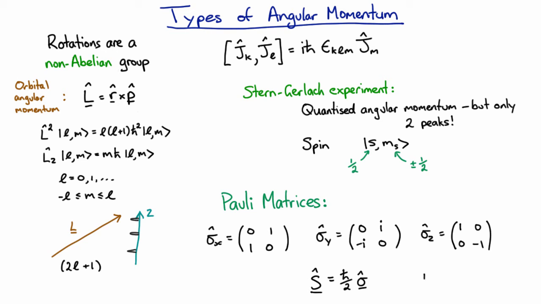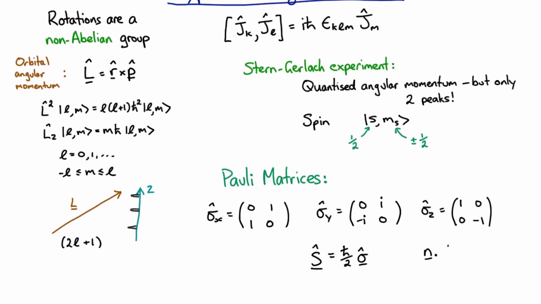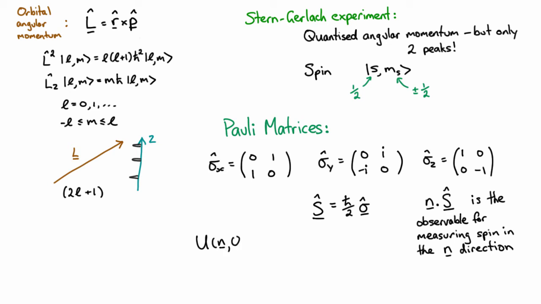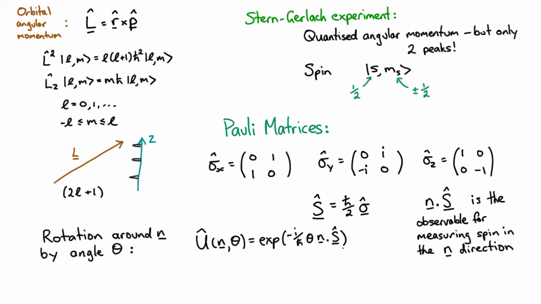If we measure the spin in the direction n, where n is a unit vector, then the observable for that is n dot S. If we were to rotate this system, then the transformation would look like this. If we rotate it around the axis n, an angle theta. In actual fact, this rotation here only works on the Hilbert space defined by this 2x2 system. So this is just a 2x2 matrix, and so it's acting on this 2x2 system, the spin up, spin down. In fact, if you had a spatially distributed system, like an electron, it would have a wave function over all space. In fact, it would have two wave functions over all space. So it has kind of two dimensions to its Hilbert space.